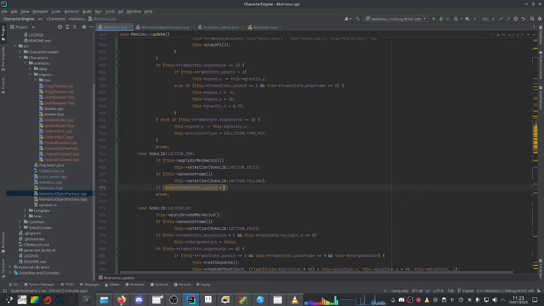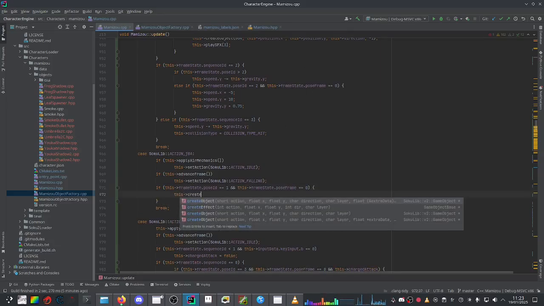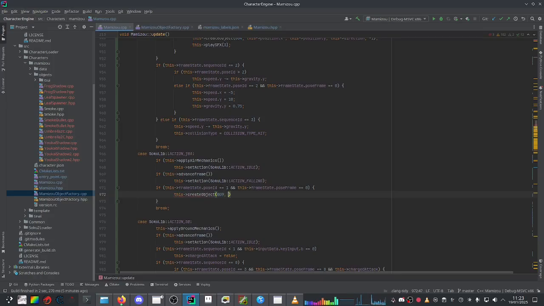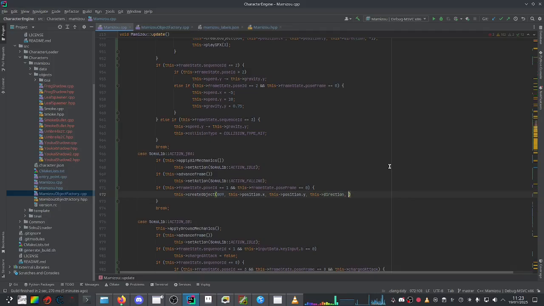So same deal. If we are on frame 1 and it's the first frame, we are on frame 1, then we will spawn the object 809 at our own position, facing the same way as us. And the first one is the one that is on the back. And that's it. Then